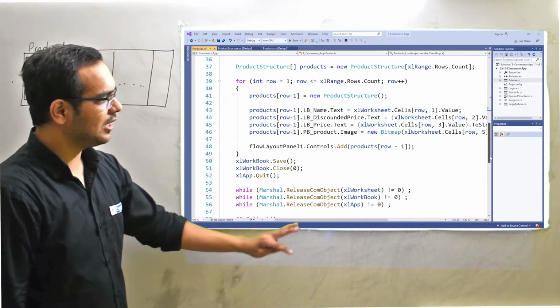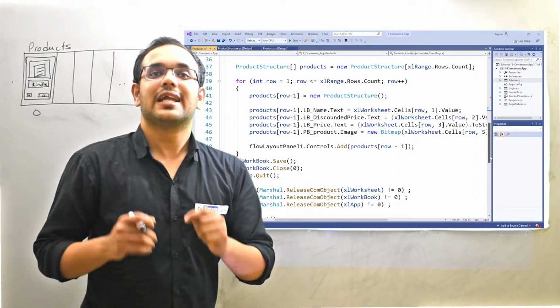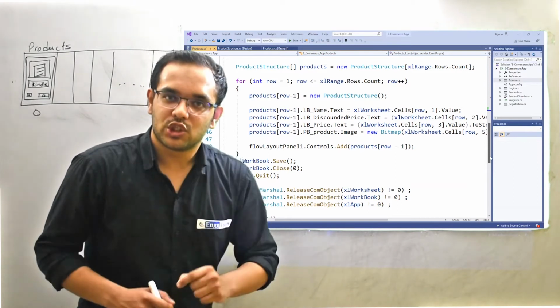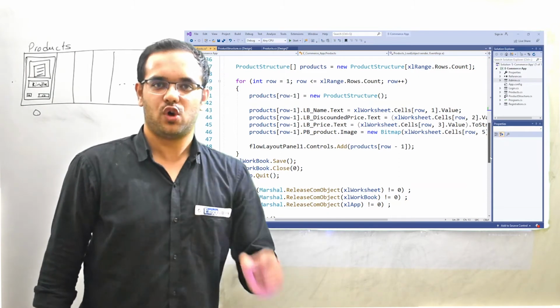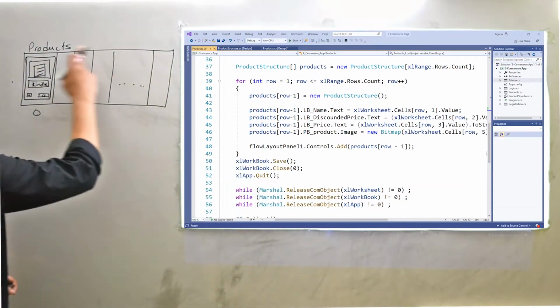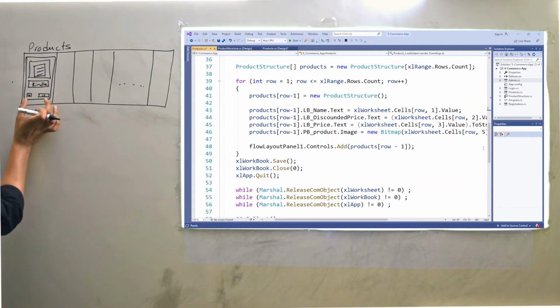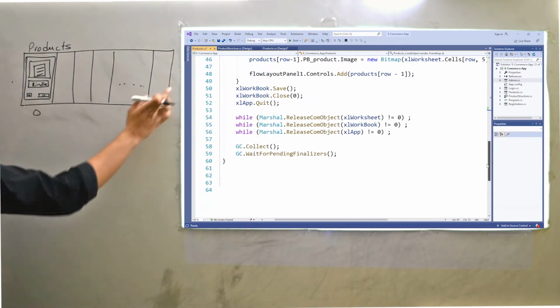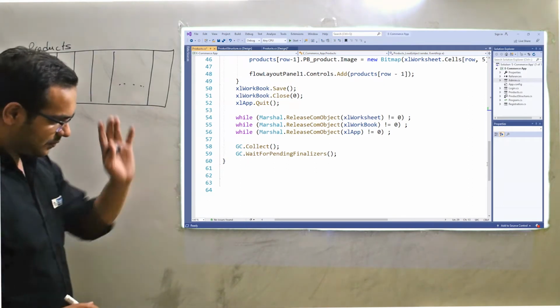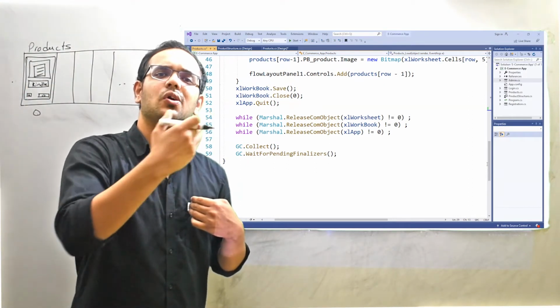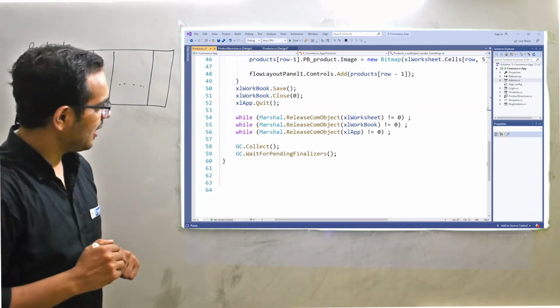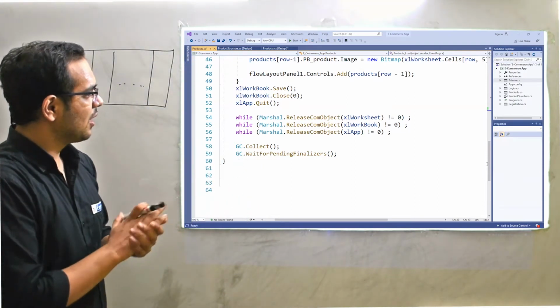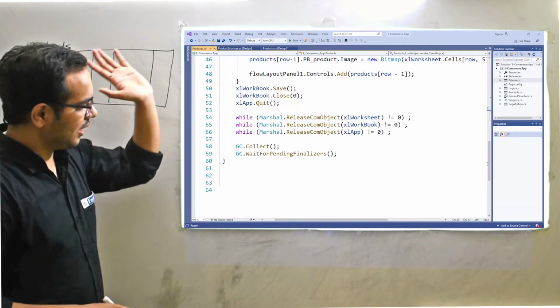एक्सेल सेव करना और रिलीज करना। This is called dynamic UI, in which you have to use an array of structure. This is my array and this is my structure, custom UI element, and this is my array of structure. The same concept we learned in our prerequisite course, right? So now just save and execute and let's see कि हमारे products excel से निकल के product card में आते हैं या नहीं।